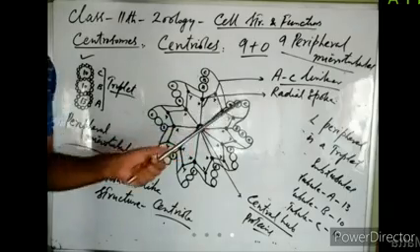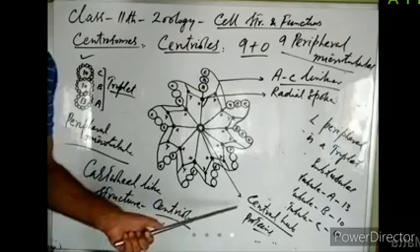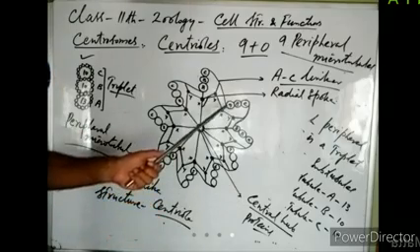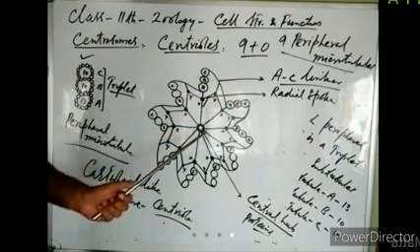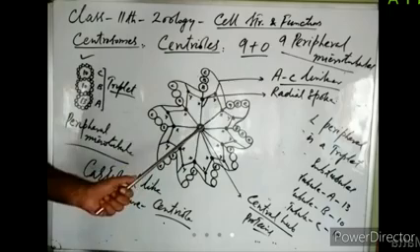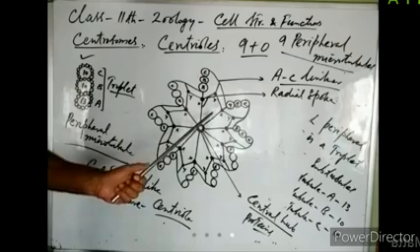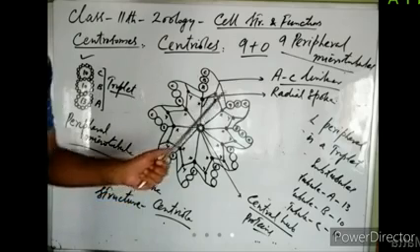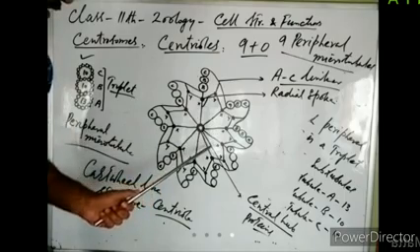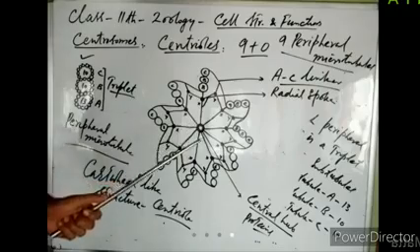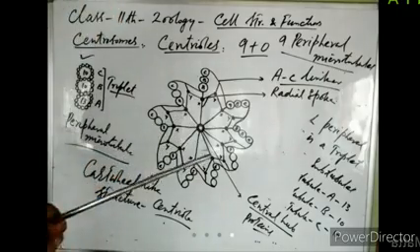Then we see each peripheral microtubule is attached to the central hub. The subtubule A of each peripheral microtubule is attached to the central hub by a dense material strand, which is formed of protein. This dense material strand is known as a radial spoke. This is one radial spoke, another, another, another. So how many radial spokes will be there? There will be 10 radial spokes.